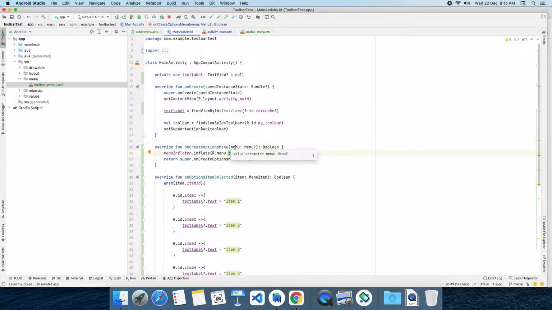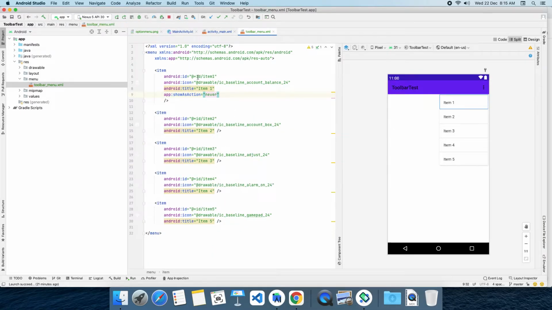Under our onCreateOptionsMenu, we are asking our activity to take up this menu. Which menu? R.menu.toolbar_menu. Now your menu is attached. Whenever you add your menu in this place, your menu is attached to the toolbar.